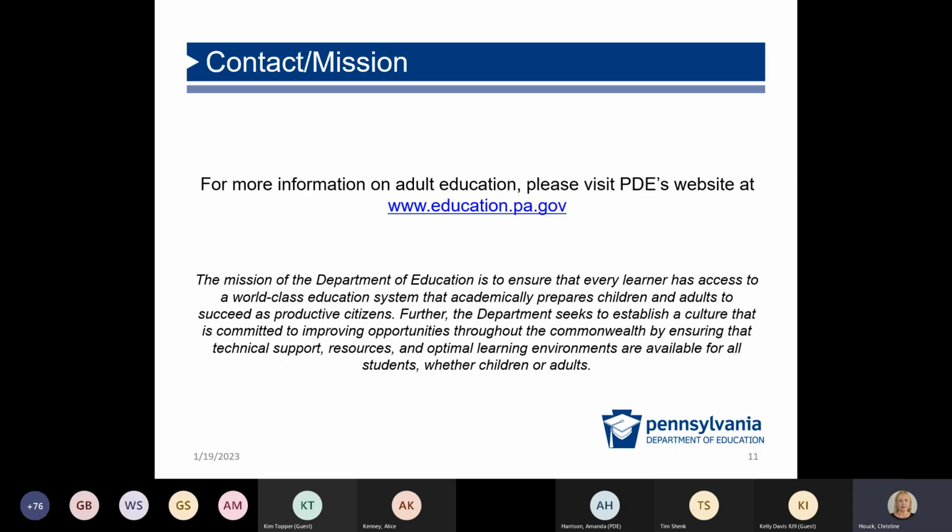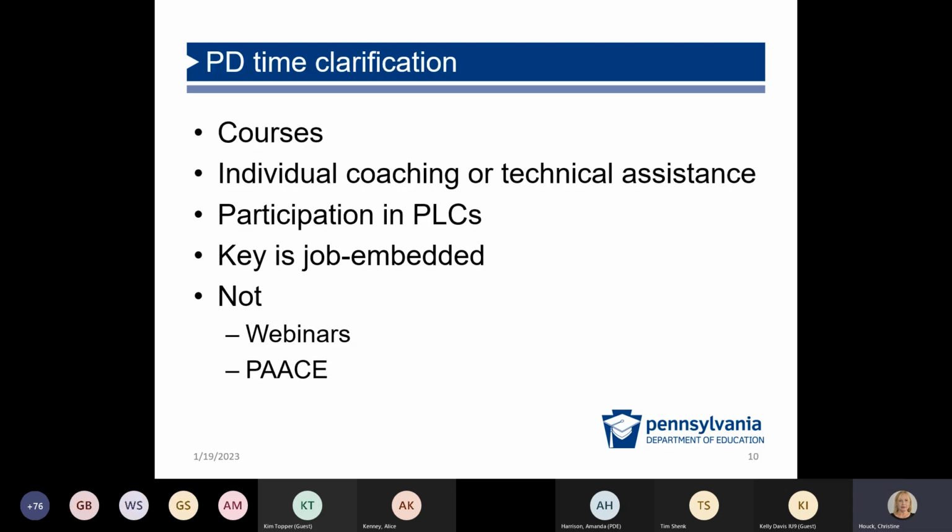Tim, can I ask you a question back? I got an email from someone asking me about giving them Act 48 credit for PACE because PACE wasn't giving it. Is that incorrect information? PACE never provides the Act 48. We usually go through IU 11 and they provide the Act 48 credit. I'm not 100% sure if it's IU 11 that's providing it this year, but we always have that option available. So it was just confusion then. Got it. Thank you.